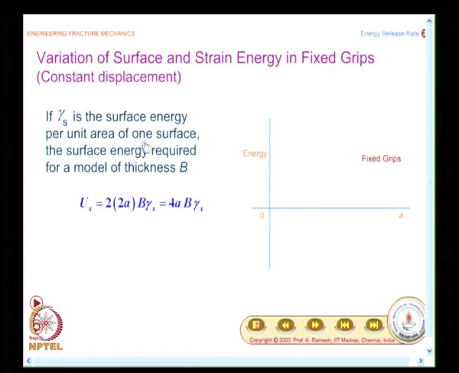Then the surface energy required for a model of thickness B is 2 into 2a into B into gamma_s, and this we denote as U_s. And if you look at this final expression, it turns out to be 4aB gamma_s. It is a linear function of the crack length. As the crack length changes, this would vary linearly,